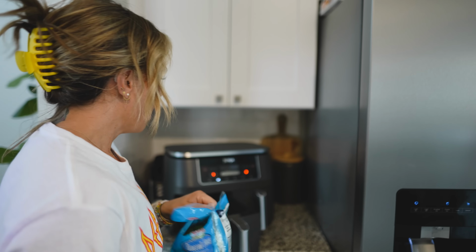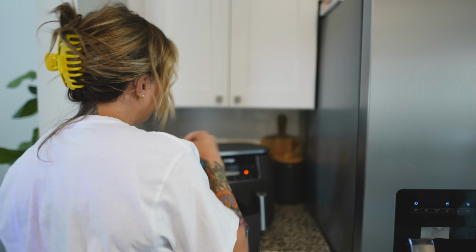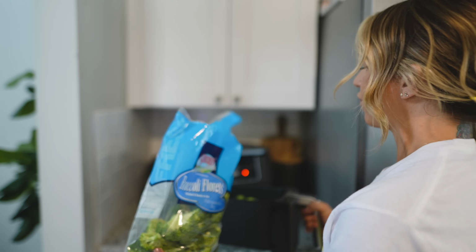Okay, I'm not doing anything fancy. This is just a regular bag of broccoli. Will say though that I think I've perfected this in this specific air fryer. You're gonna want to at least roast it in the air fryer first, because if you just try to air fry raw broccoli, in my opinion, it gets way too crispy. You have to pretty much drown it in oil if you want it to get any type of nice